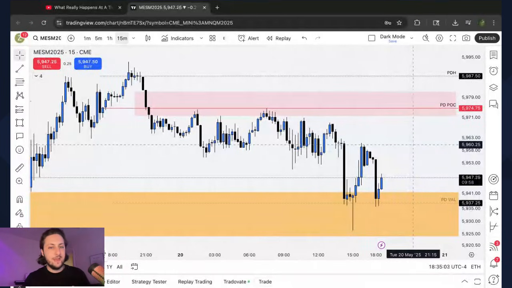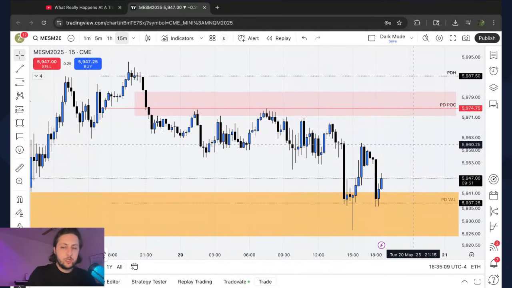Now, do I follow that 100% of the time? Absolutely not. But I've been trading with volume profile for 3 years now. I've been trading 4 years, and it wasn't even a full year when I started using volume profile. I started using it even before I started trading ICT. So I'm really, really familiar with these levels, and I can tell you with confidence that that simple rule of